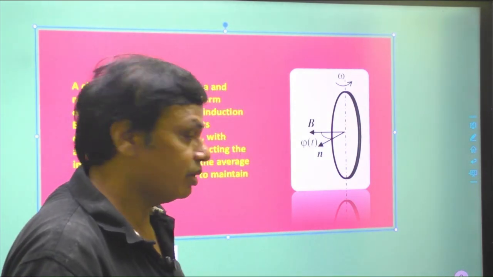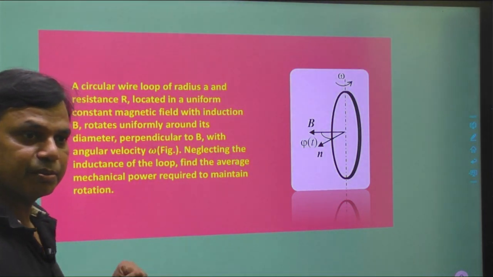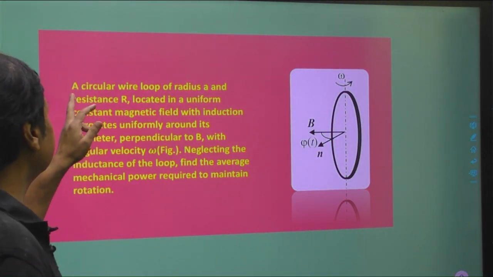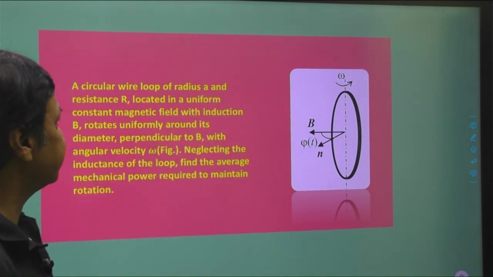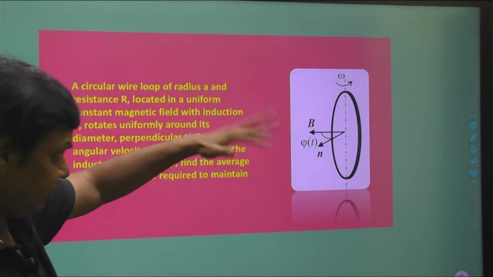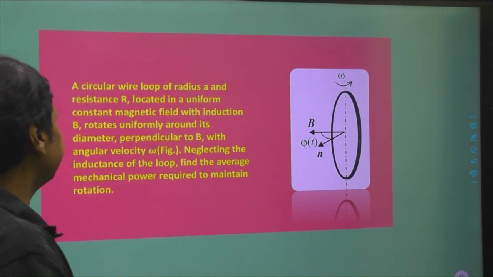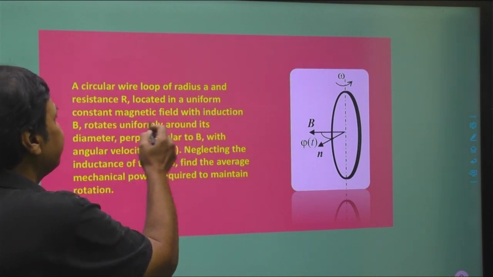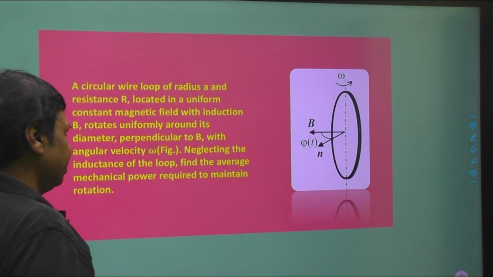So here is a problem on your screen. You can see here, this is the problem based on electromagnetic induction. The problem is: a circular wire loop of radius A, its radius is A and not given in the picture, and resistance R. Its resistance is also given, and that is equal to R. Located in a uniform constant magnetic field with the induction B, rotates uniformly around its diameter